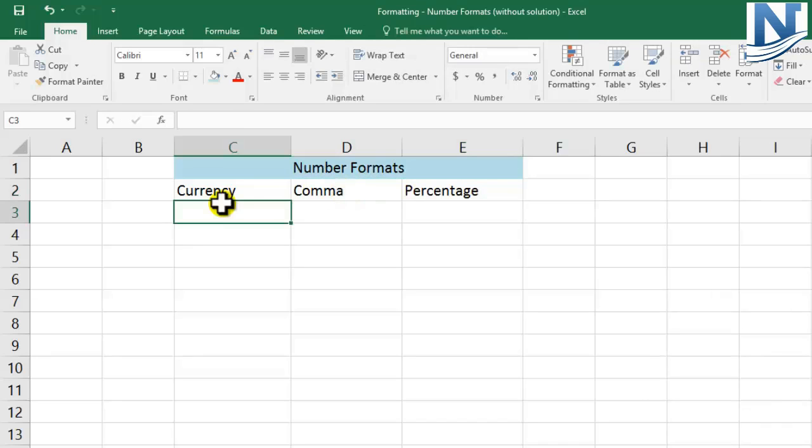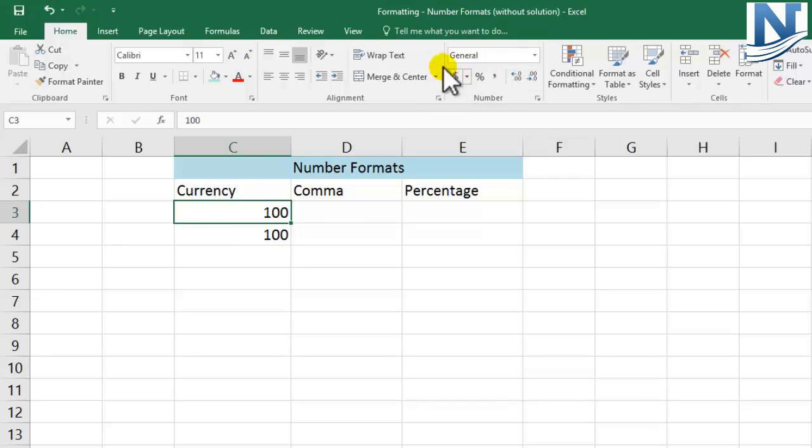While explaining currency, let me do two simple things. I'll just include a number 100 over here, and again in the next cell, I'm including the number 100. Now, when I'm including the number 100 and I want to include a dollar sign, how can I do it? I am going to show you the approach wherein I can include a dollar sign.